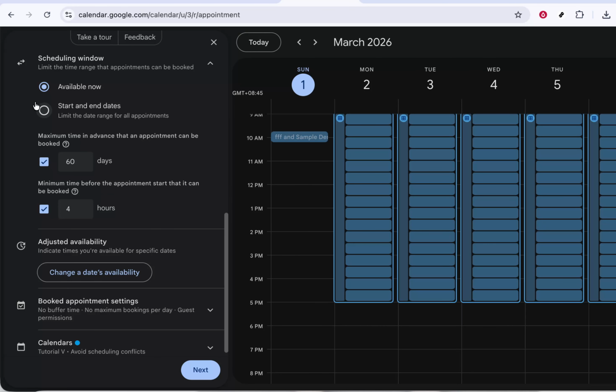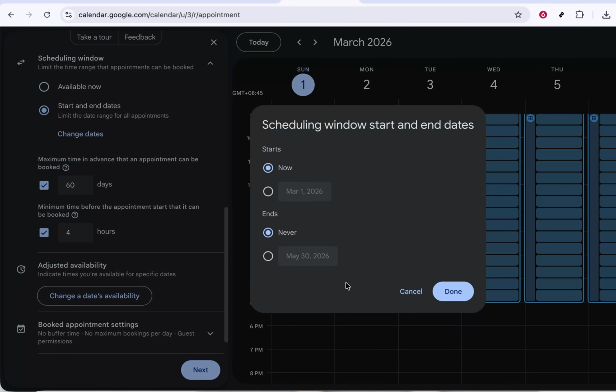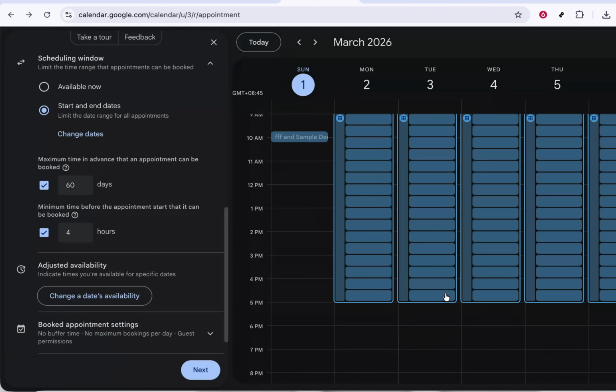Next, choose the date range and days of the week when you want to offer appointments, and set the start and end times for each day. You can also define the length of each appointment slot, such as 15, 30, or 60 minutes, depending on what works for you. Take a moment to make sure the time zone is correct, especially if you work with people